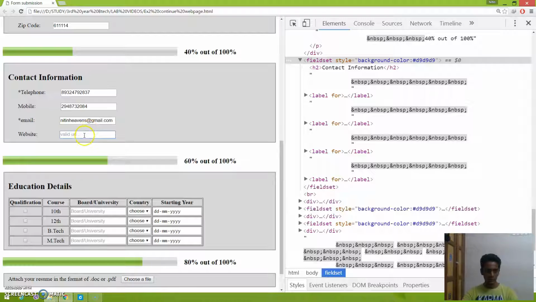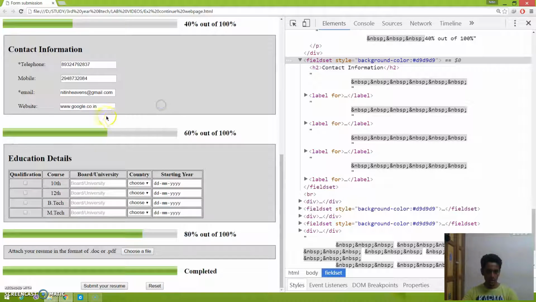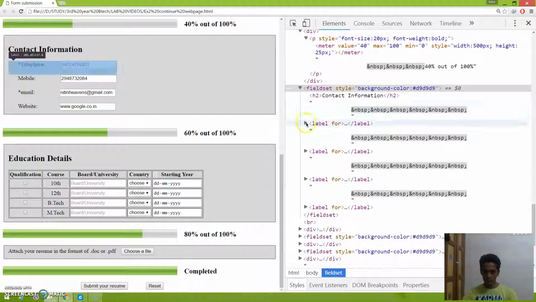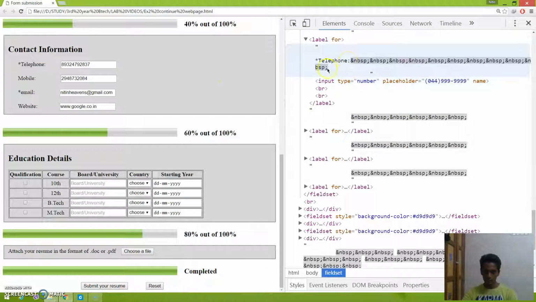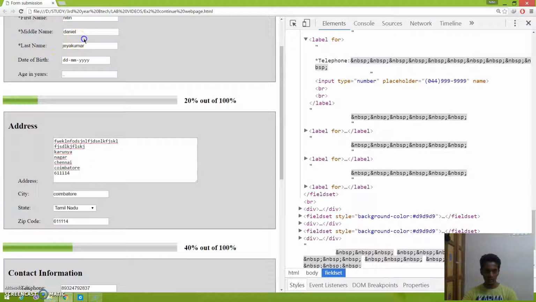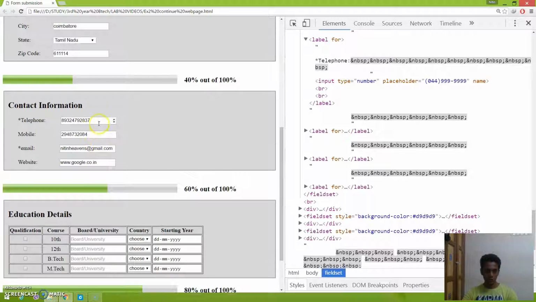Okay, it's email. Website, like .google.co.in, anything you want. Then education details. So how do you get all that? Same thing. Exactly copy the same thing over here to here.